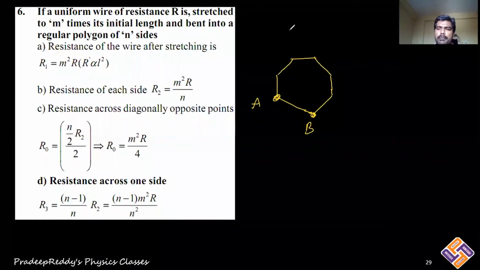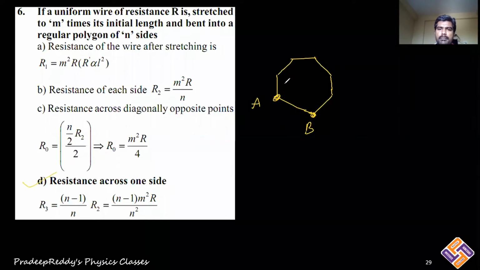Let us take it being bent into a hexagon. In the last case, resistance across one side in the sense. Check it up. There are 6 sides, out of which this is the first side and the remaining 1, 2, 3, 4, 5, 6. I'm sorry, there are a total of 7 sides. And this is 1, and 1, 2, 3, 4, 5, 6. And these are 6 sides. Okay, these 6 sides are in series.